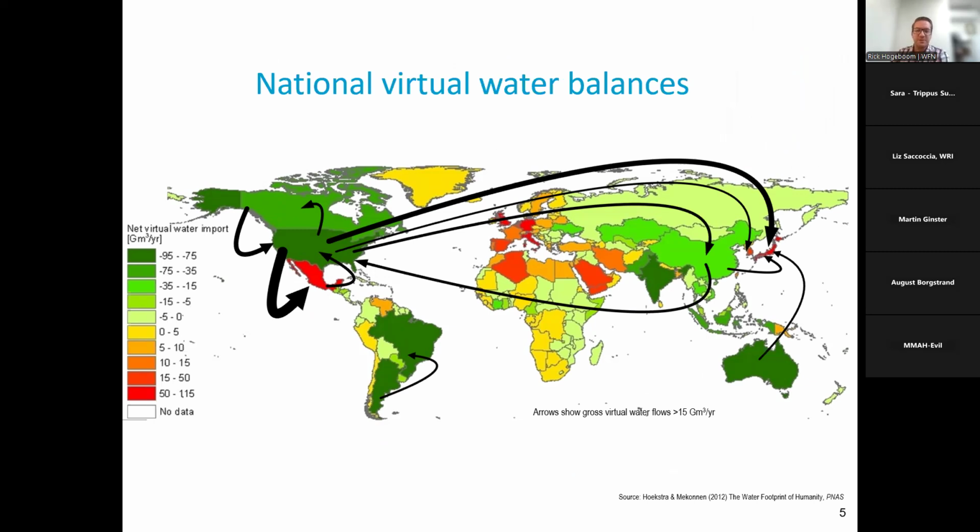And I also don't have time to go into too much detail here, but just wanted to show this rather iconic first study that we did on virtual water flows across global trade, where you can see the big arrows that indicate the largest virtual water flows that we have on Earth. The colors of the country also have a meaning where green countries, sorry, not green water, green countries are net exporters of virtual water, which means that they provide the world with embedded water, and the red countries are net importers of water, so they are on the net receiving end of the water balance.